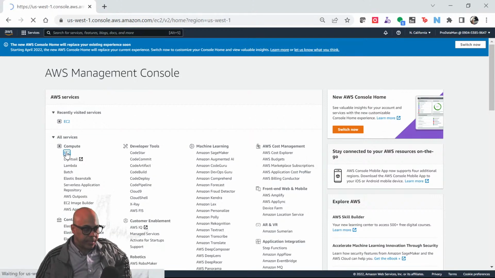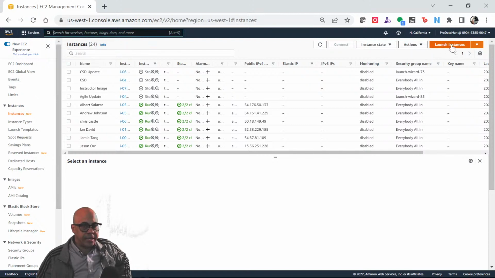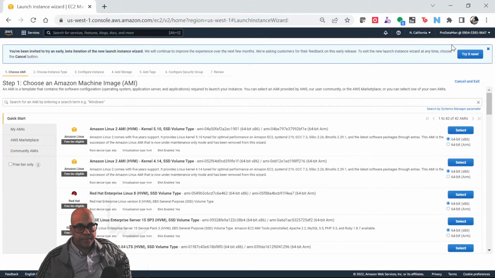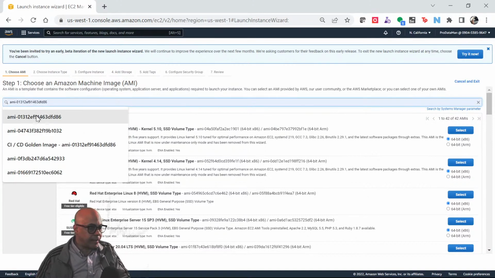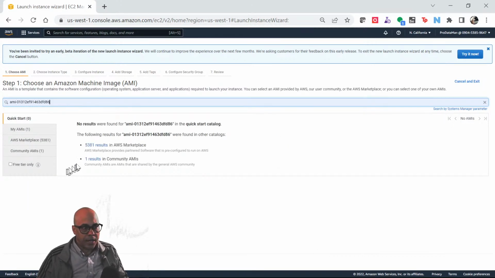So we're going to select EC2, and then up in the upper right-hand corner, I'm going to choose launch instances. Then in the search box, I'm going to drop that AMI ID, and when I press enter, I should get one result in community AMIs. Again, you need to be in Northern California to use this AMI ID.